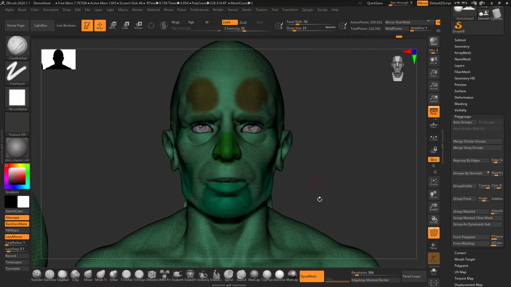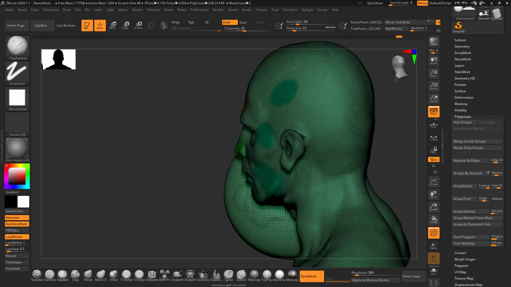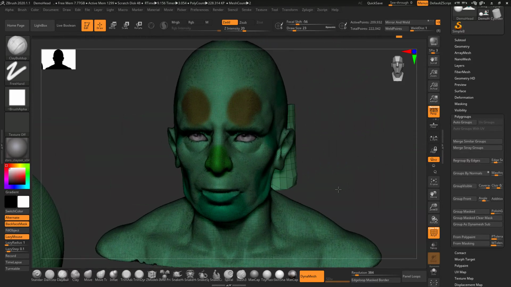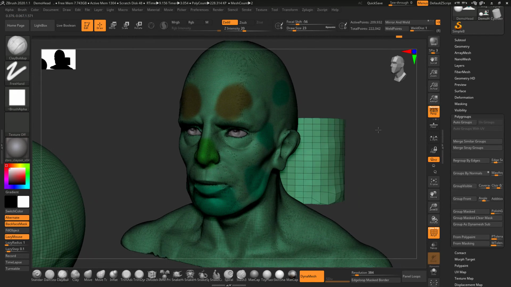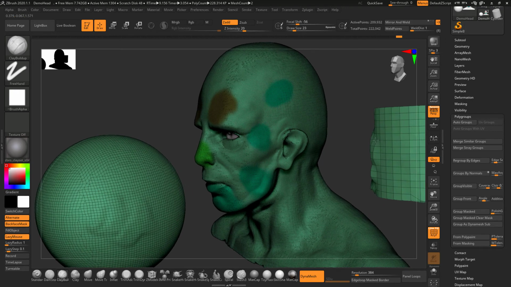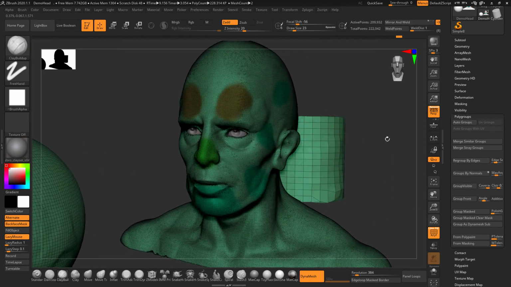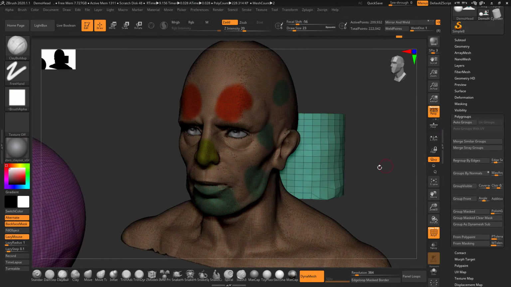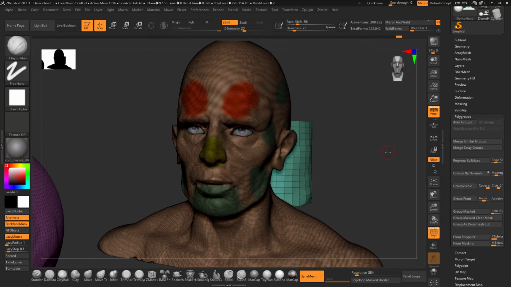Whatever is visible in the viewport will be grouped as one polygroup. If you have multiple objects in your scene and they are merged, you can click on auto group, and they will be grouped as separate polygroups.